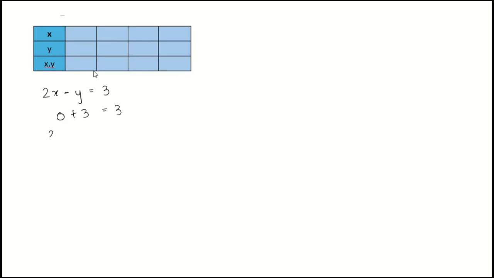So we can write this as 2 into 0. 0 we get. This plus sign will come down. Plus 3 is equal to 3. 0 plus 3 is 3, but in the equation we have a minus sign. So we write this plus sign using a minus sign. So 2 into 0, this plus will become minus into minus 3 is equal to 3. So here x is 0 and y is minus 3. We got 1 point over here.